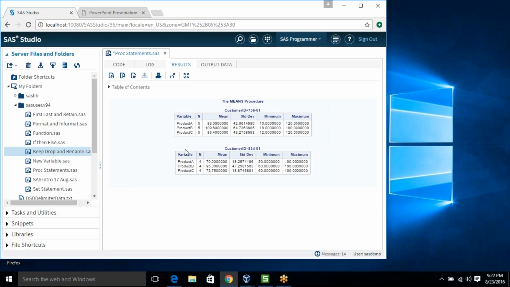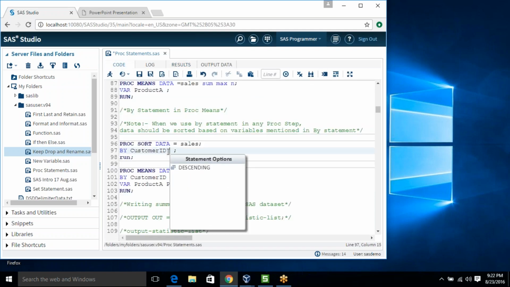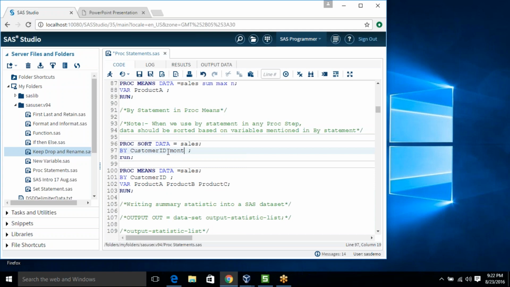Now you can see it's happening at the customer level, customer ID 75601 or 83401. It's not that you can do it only at one level. If you want, you can make it 2 levels also. Now make it customer ID and month level.